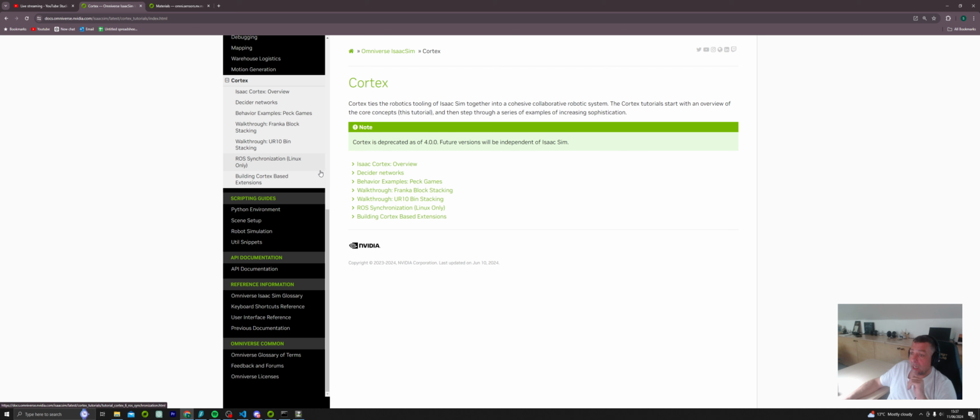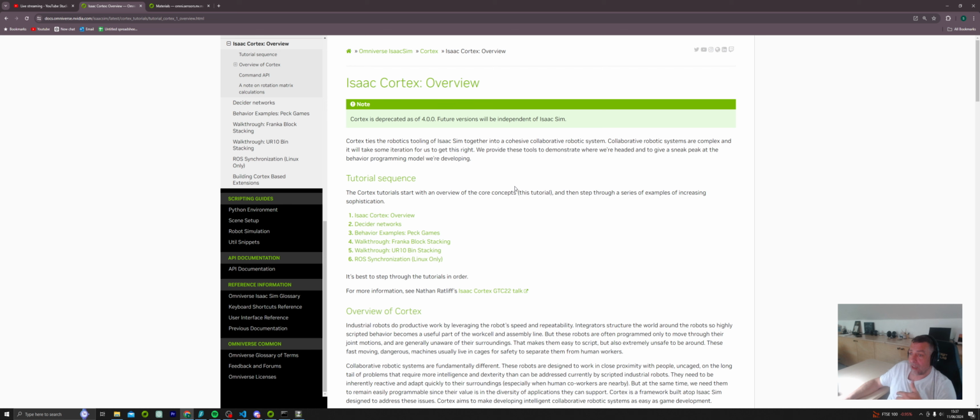Cortex. This is not going to be simple because this is talking about something quite abstract. Future versions will be independent. Cortex is deprecated as of 4.0. Future versions will be independent of Isaac Sim. Hmm. So that means,